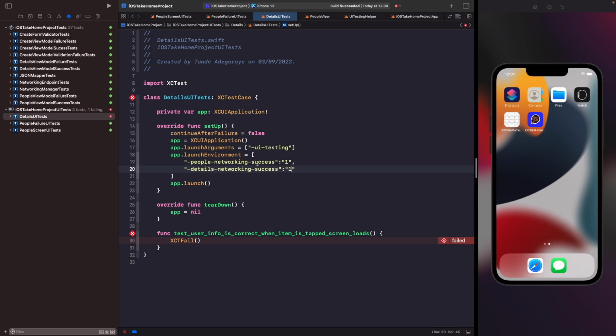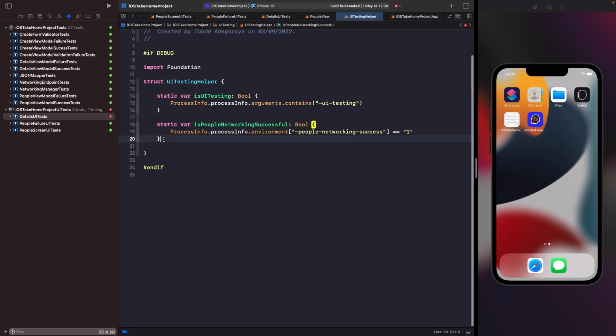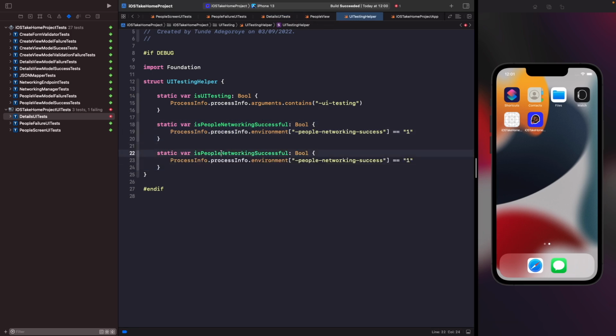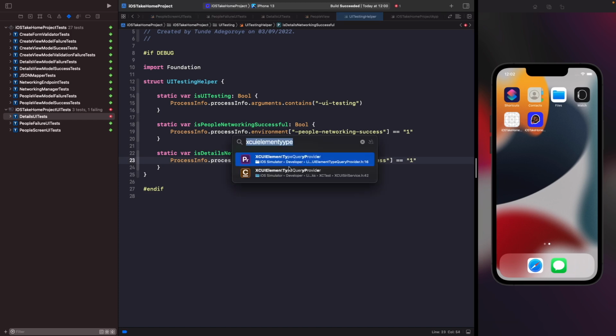So within our UI testing helper, we need to actually access this launch environment and use it within our details view for our dependency injection and in our initializer. So let's just go into our UI testing helper and then let's just copy this. And then we're going to rename this to is details networking successful, and then change this to details like so. Cool. So if we go into our details view,